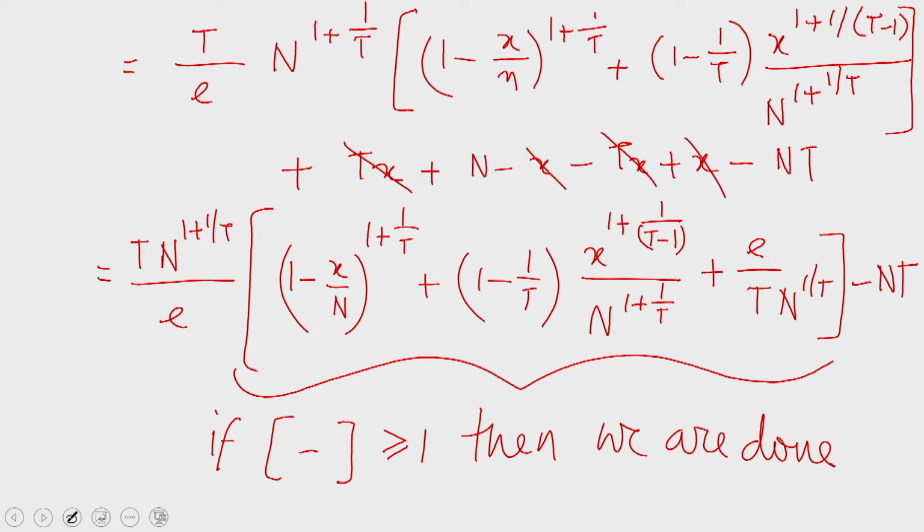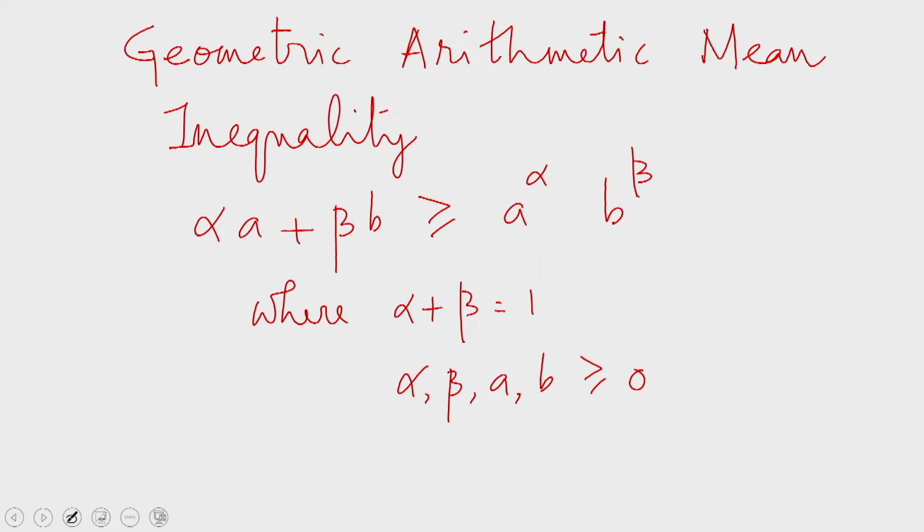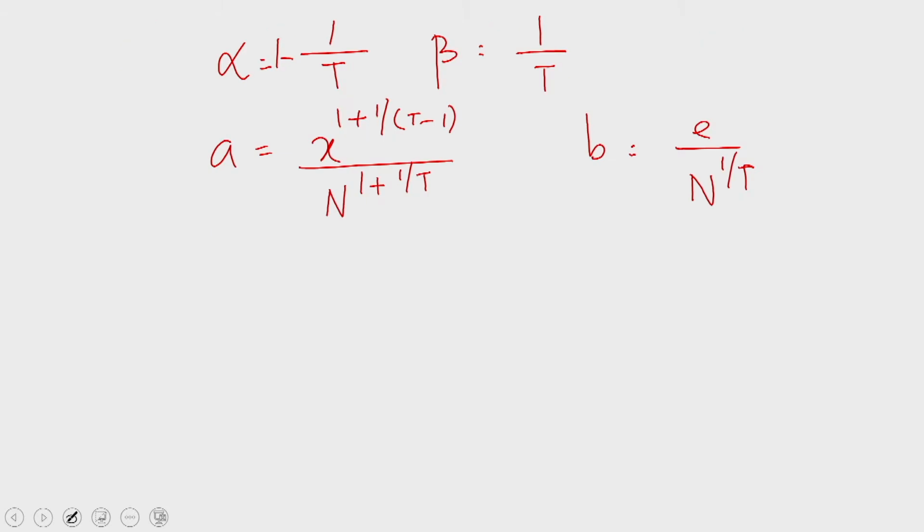So, we are applying this to the second term and the third term within the square bracket. If you apply the geometric arithmetic mean inequality to the second and the third term, you find that these two terms together is greater than or equal to